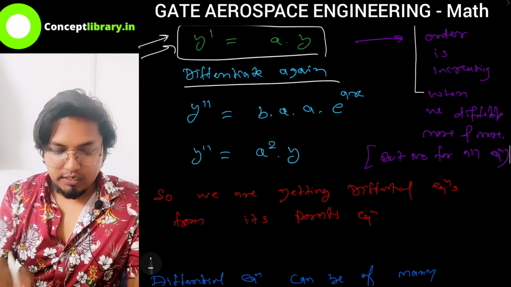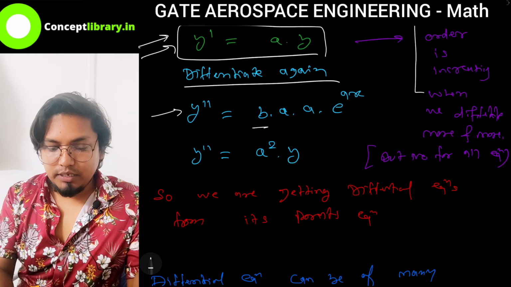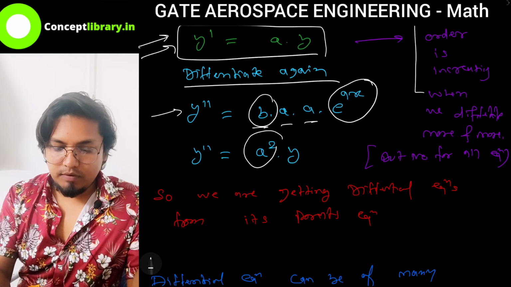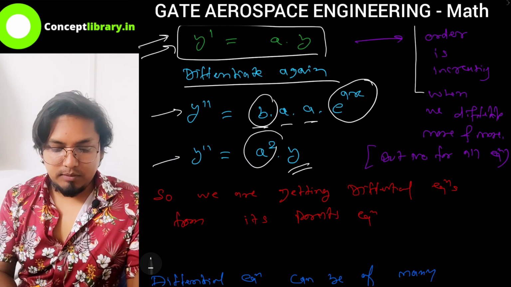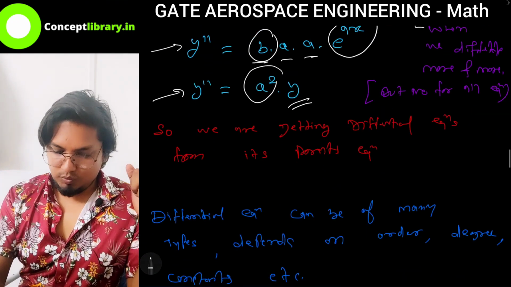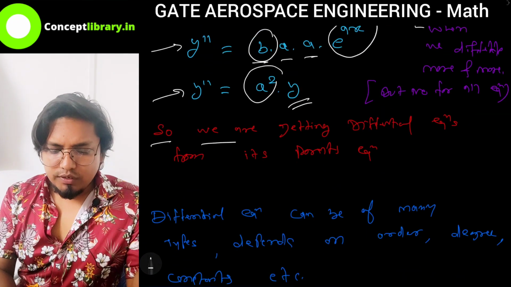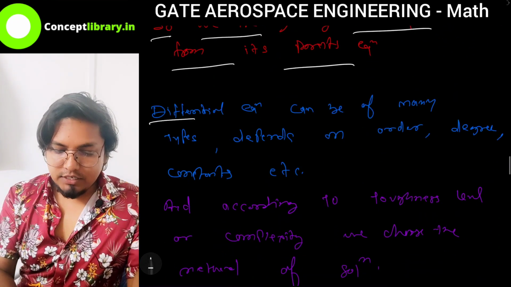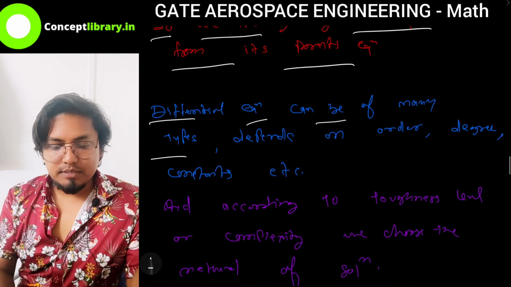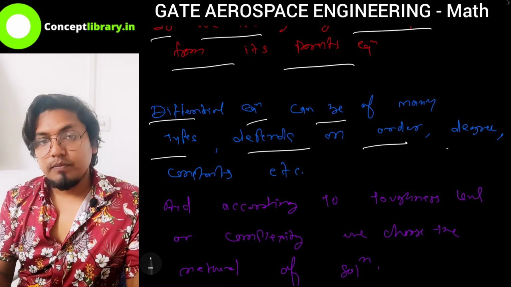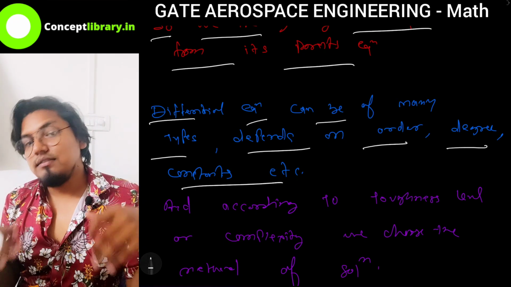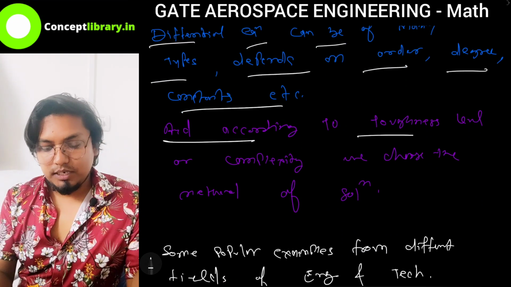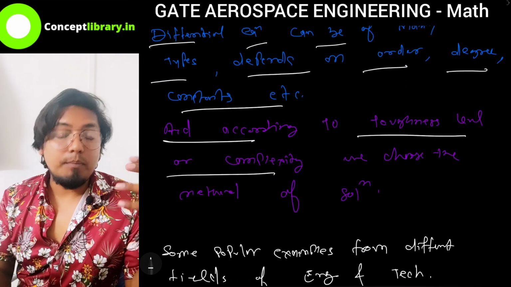So differentiate again. So y double dash is equal to a square into b into e power ax. Again a square and b into e power ax you can replace with y. So again this became your new differential equation. Okay. So we are getting differential equations from their parent equation. A differential equation can be of many types, depending on order, degree, constants and so on. I will explain. And according to the toughness level and complexity,